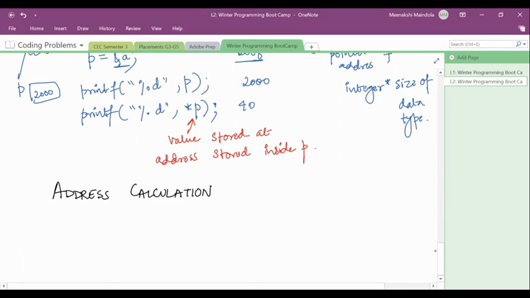Okay. So let us quickly look at address calculation. The address calculation of a 1D array is very simple. So let us say I want to find out the address of the ith element of an array,